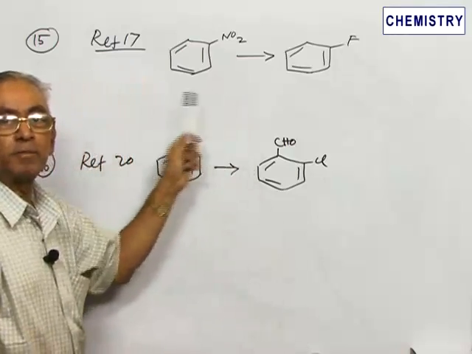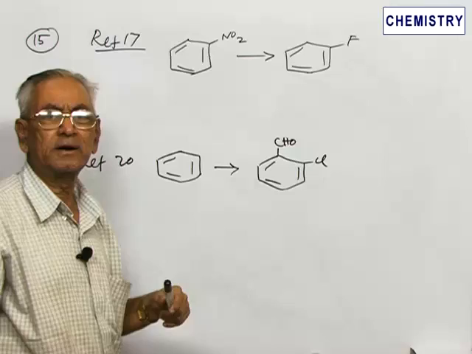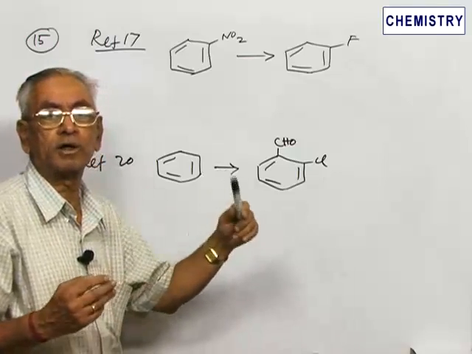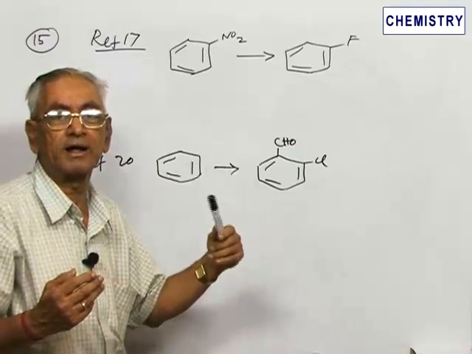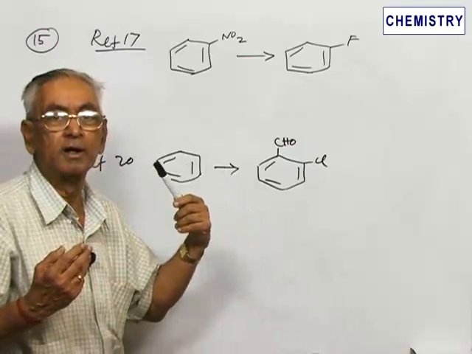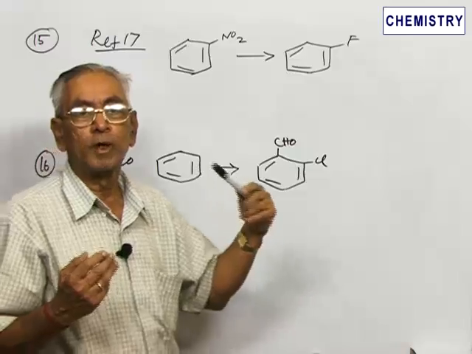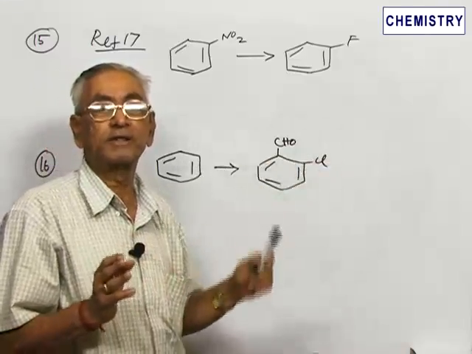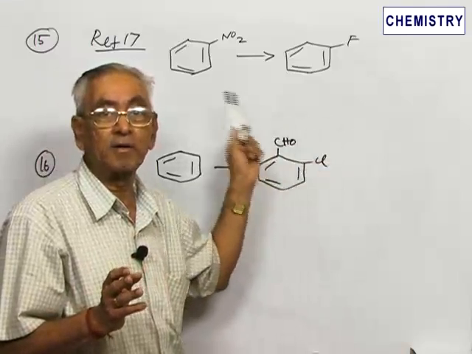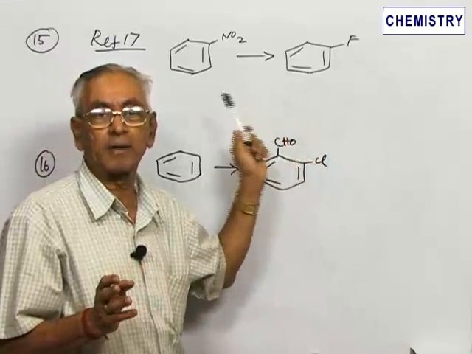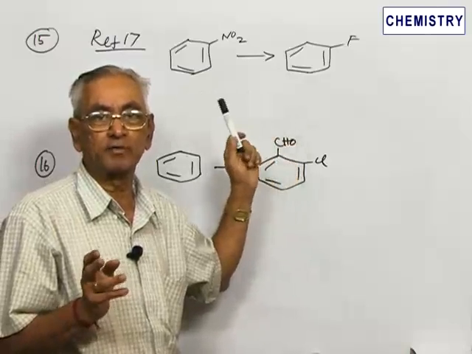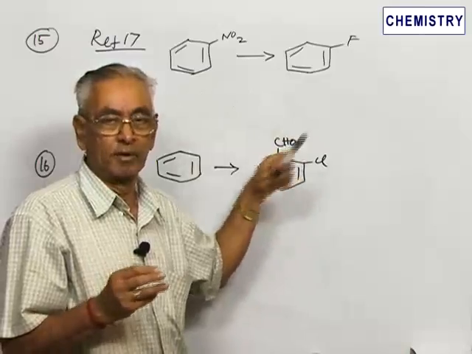The moment we get the benzene diazonium chloride, it can be subjected to a variety of reactions. On boiling with water, benzene diazonium chloride or phenyl diazonium chloride will give rise to phenol, because benzene diazonium chloride is very stable. Actually, that is the main difference between an aliphatic diazonium salt and an aromatic diazonium salt. An aromatic diazonium salt is very stable, and an aliphatic diazonium salt is not stable, and therefore it immediately becomes